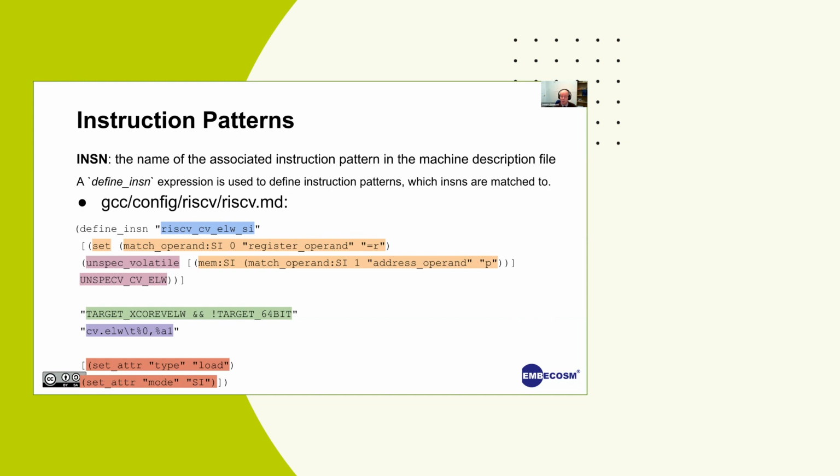Okay, so the mode of what it generates is single word integer. Okay, and that's the pattern. And that is sufficient that if we say underscore built-in underscore ALW, it will generate the right patterns to get down there.